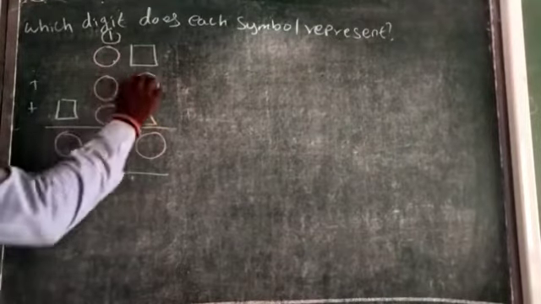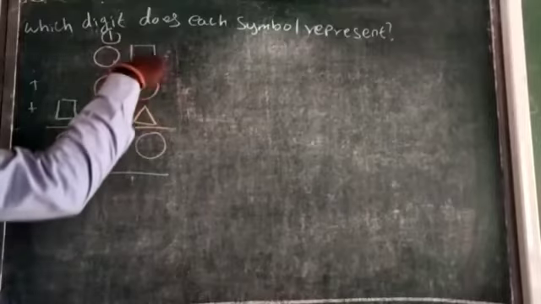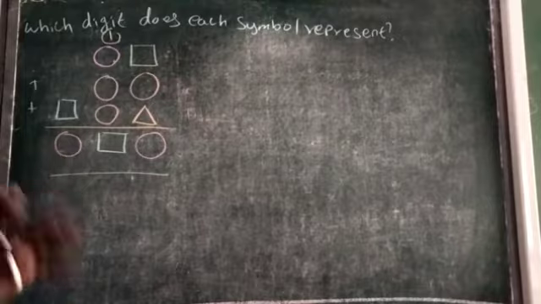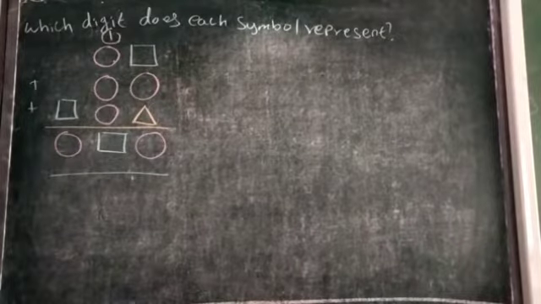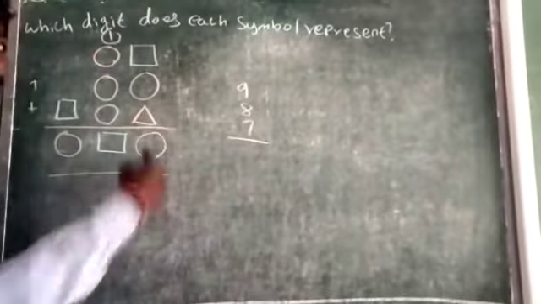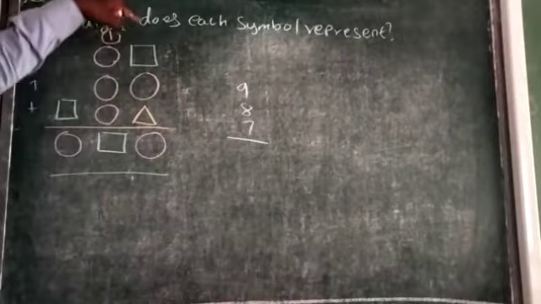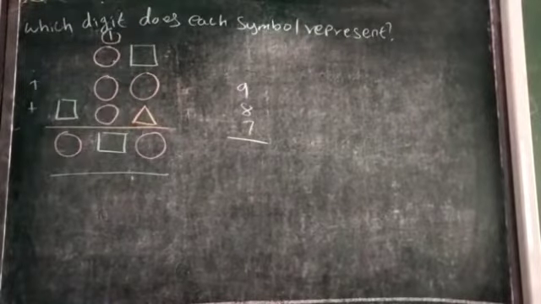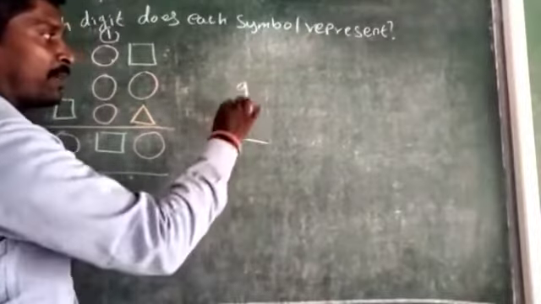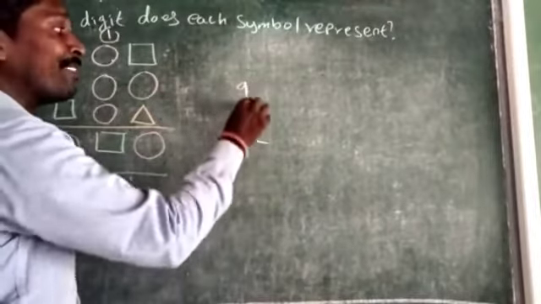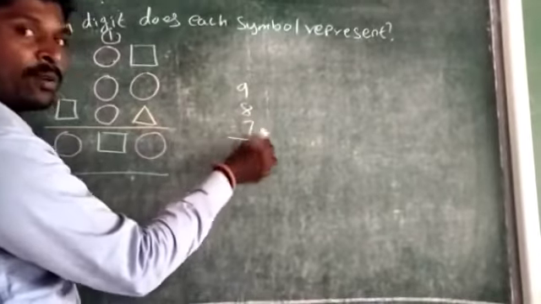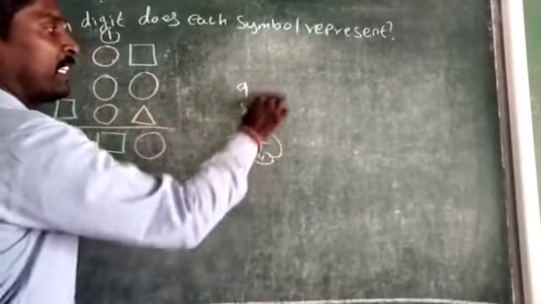Now listen, the sum of three digits has one of the three digits repeated and carried forward. It may be more than 10, less than 20. It's not possible to get more than 20, because more than 20 is only possible when you add three different digits. All three should be different because they are three different shapes. For example, 9 plus 8 is 17, 17 plus 3 is 24. That 4 is not among these three digits.